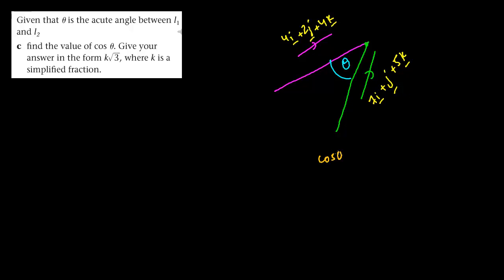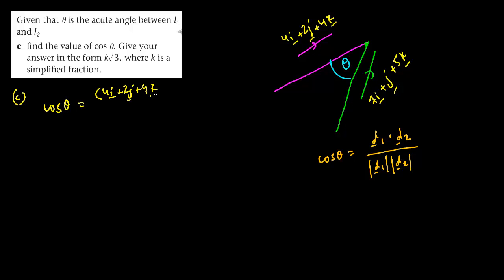So cos theta equals direction vector 1 dot direction vector 2 divided by modulus of direction vector 1 multiplied by modulus of direction vector 2. So let's do this. So cos theta equals 4i plus 2j plus 4k, this is direction vector 1, dot 7i plus j plus 5k, this is direction vector 2,